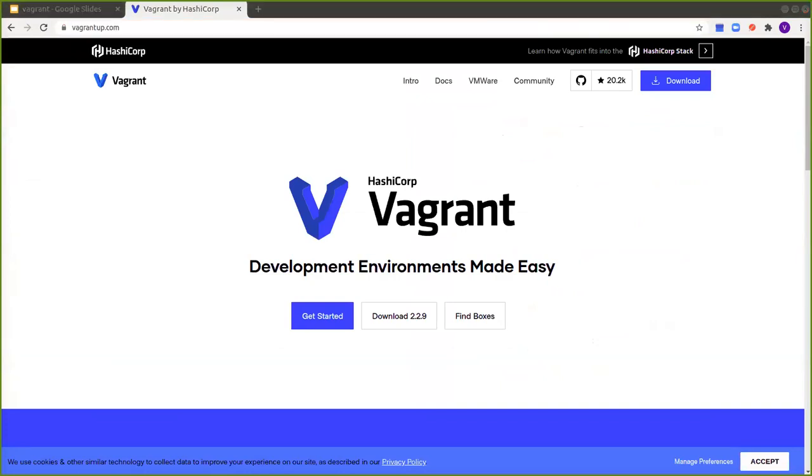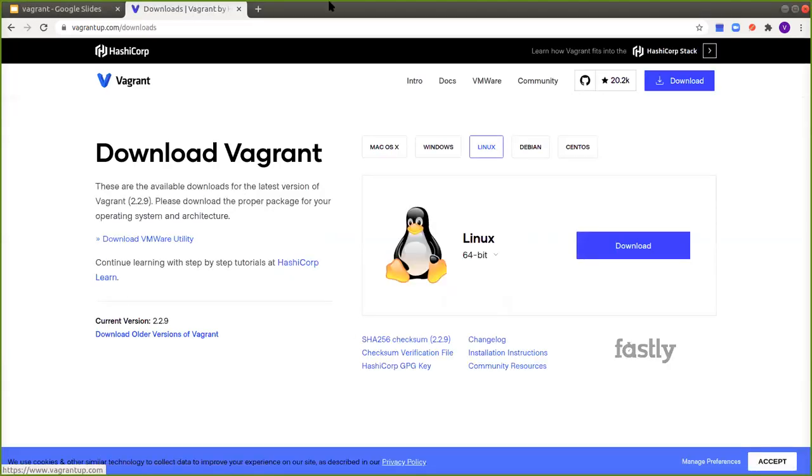I will ask you to install 2-3 tools in the initial phase. One will be Vagrant, and the Vagrant URL will be this. If you go to the download section, it detected my system.